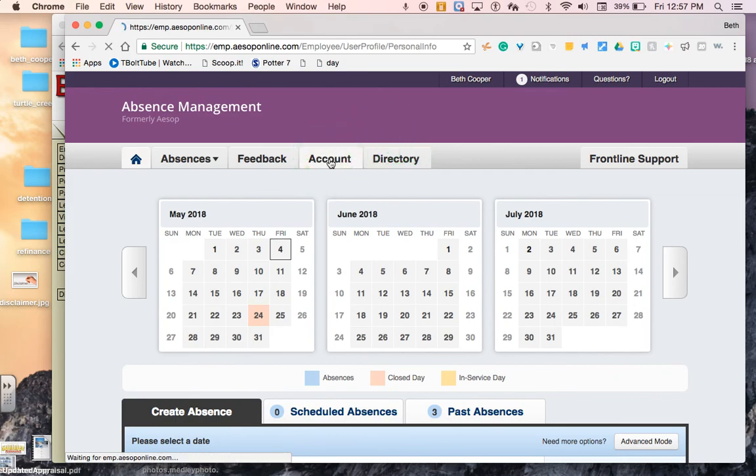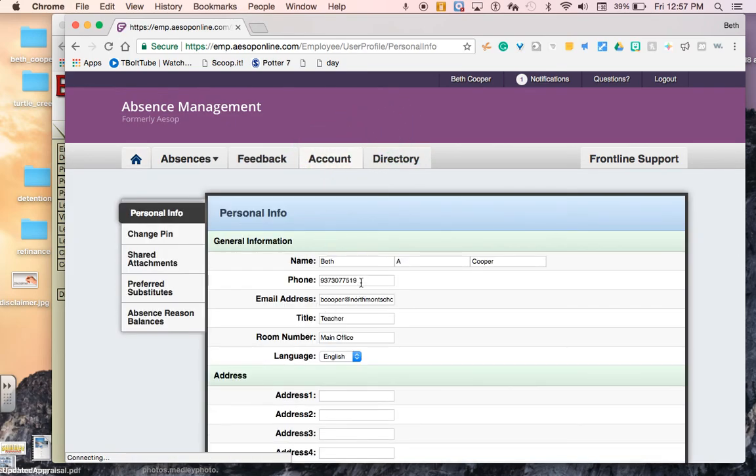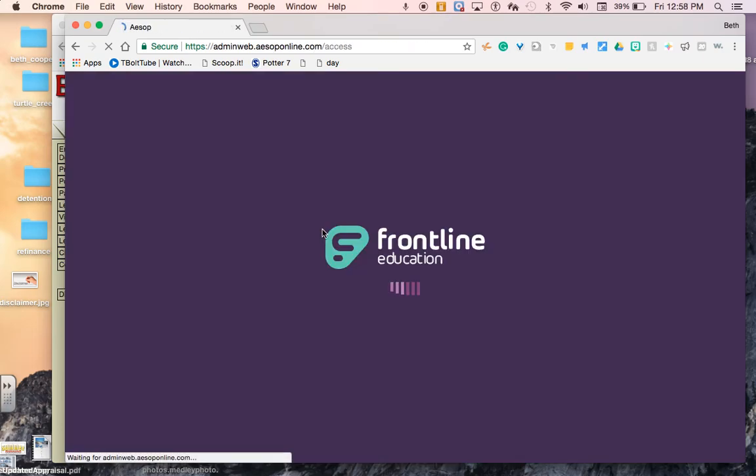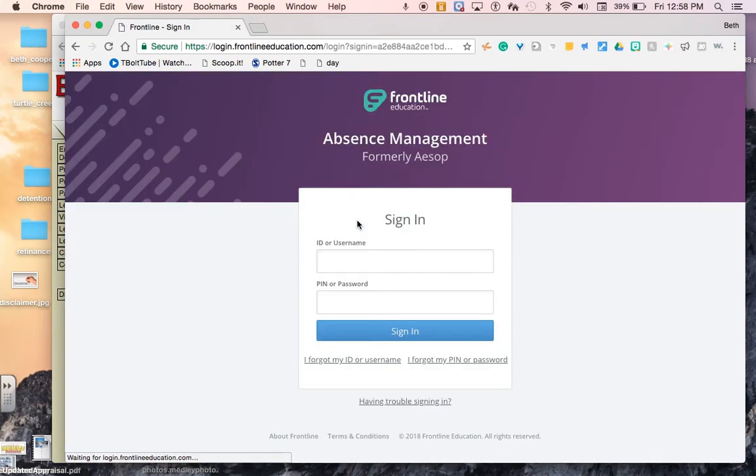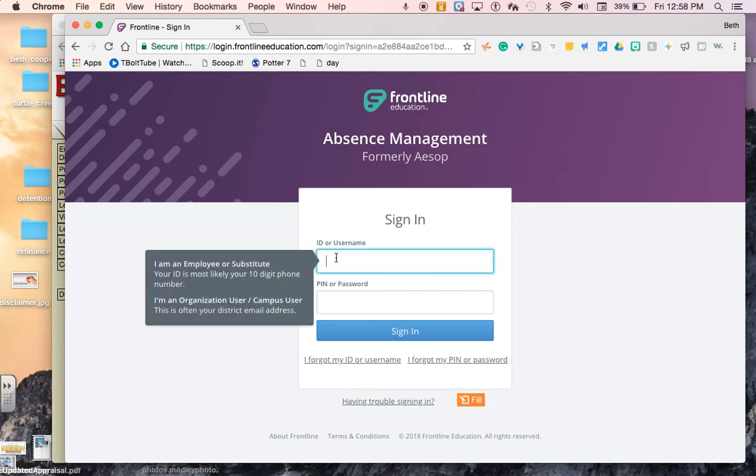If I go into Account here, I might need to change this phone number in ASOP to be the same phone number. Now, if they match, you're good, but the point is the two phone numbers have to match. So I changed my ASOP to be my cell phone number so they would match. What that does, though, if you remember from the beginning of time, when ASOP first started, we would register as our username. We would type in our desk phone number, like the phone number identified with us through the district. Once I changed that phone number,